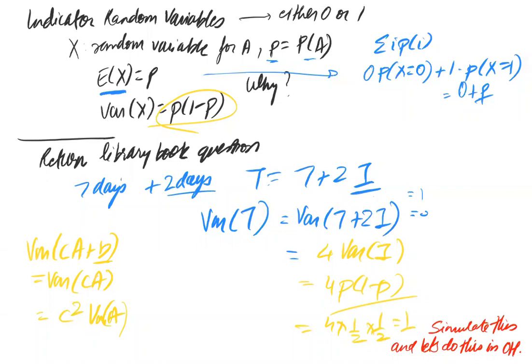Now, I would really want you to simulate this problem, and we can discuss it in the OS, because if you're able to simulate this, you can really do indicator problems well. And I think I will also leave the discussion about the second question about returning time for library books to next week's discussion, so that we can loop back to this concept. Okay, next question is